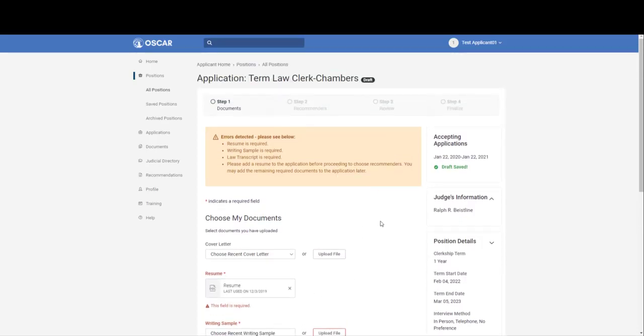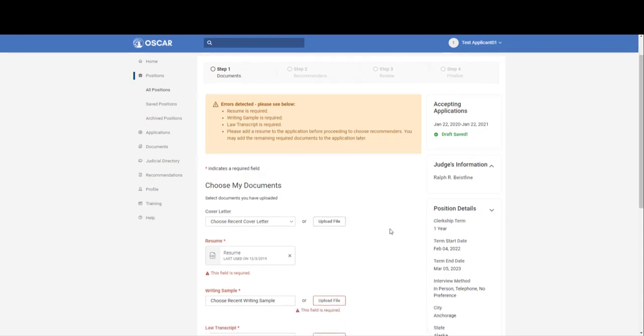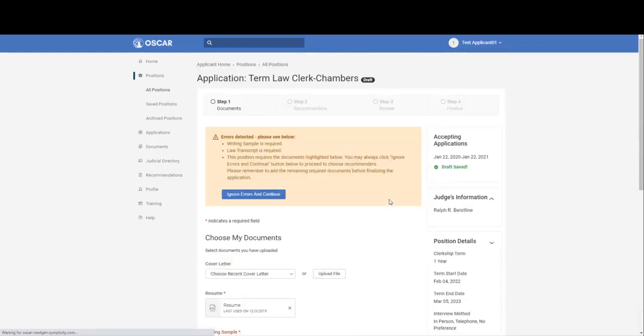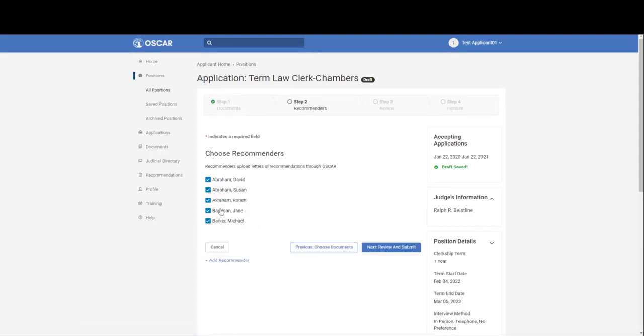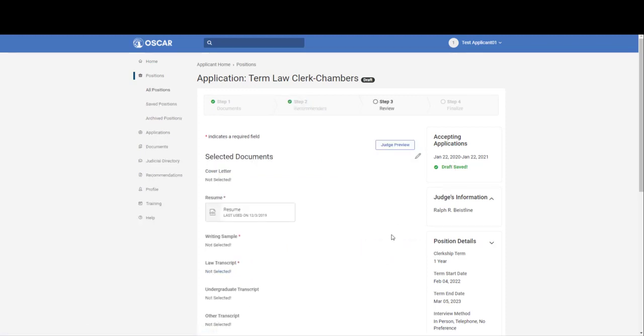As you know, resumes are always required for all applications in Oscar, and so the minimum is just to put a resume there, and then you can proceed without updating your grade sheets or anything like that by clicking the Ignore Errors and Continue button. Then your recommenders are here. You can move forward. The draft is saved. The recommendation requests are sent,